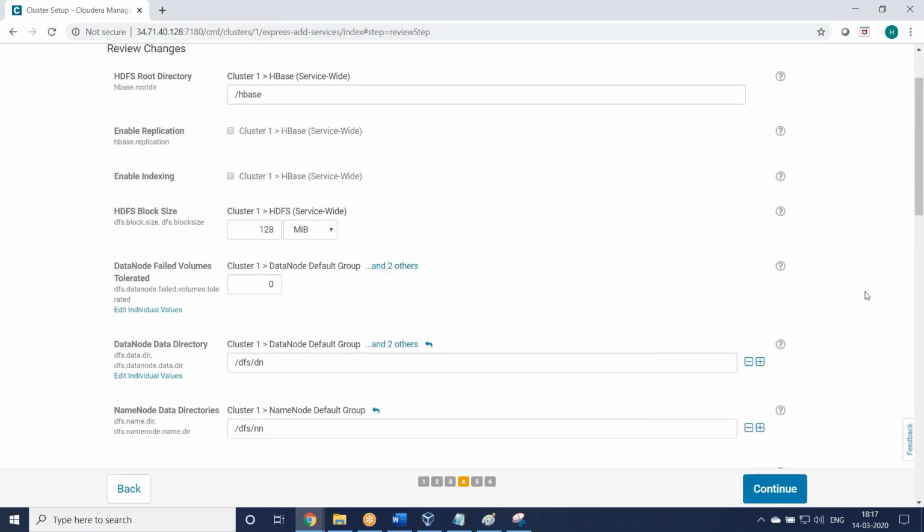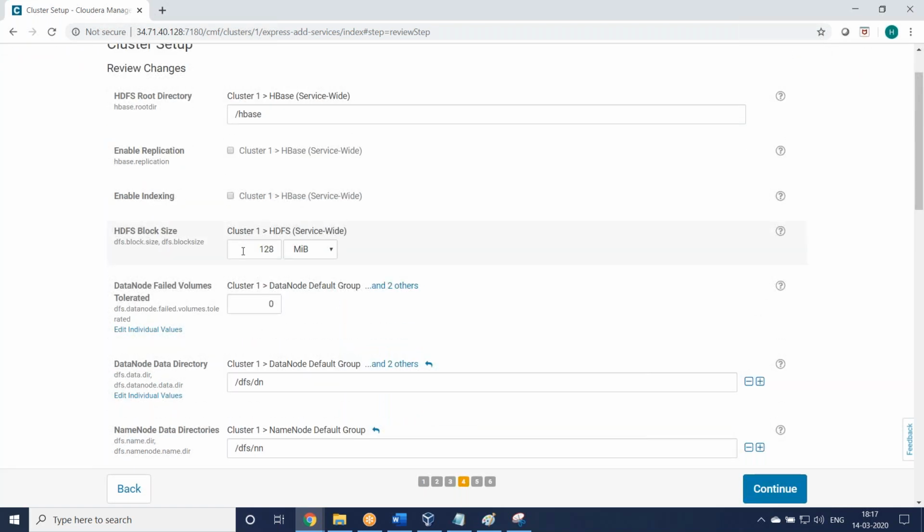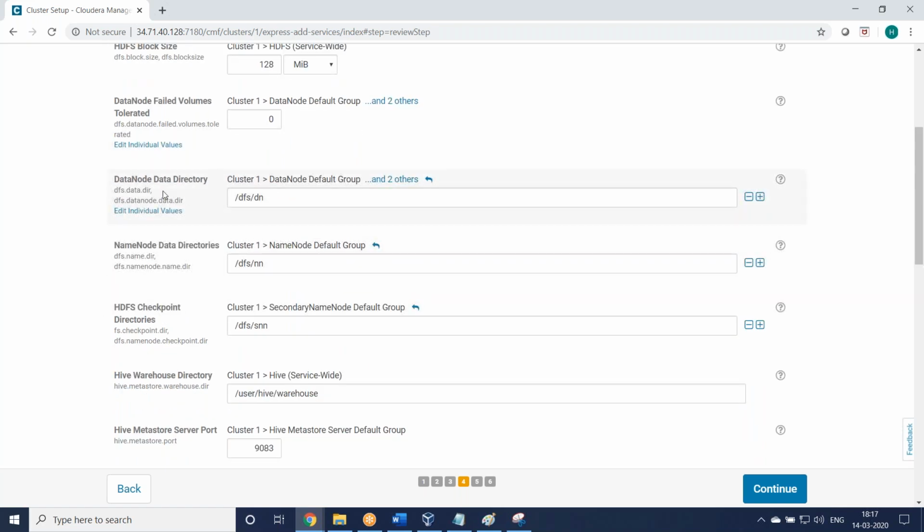You see? Okay. So here we can see the HBase directory, Hadoop block size, we can review the values. By default for HBase, there is /hbase. You can see block size. Which version are we going to install? 2.6.0, right? What is the block size? 128 MB. If you don't want it, you can change it here, right? Data node failure volumes, right? On data node directory, where it is storing, dfs.dn, and name node directory /dfs/nn, secondary name node directory.